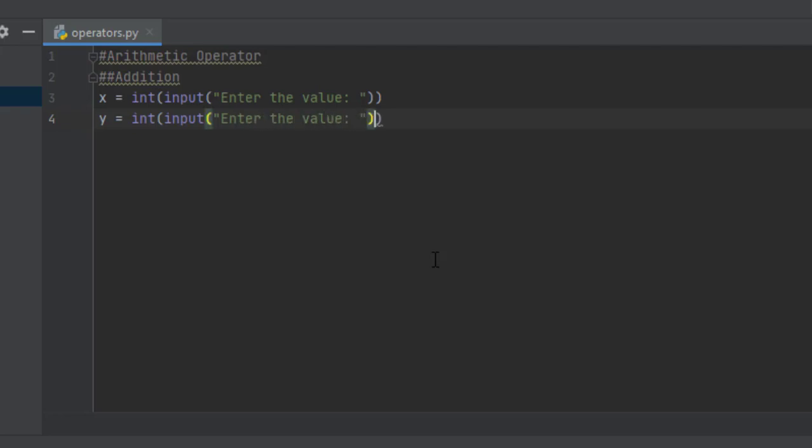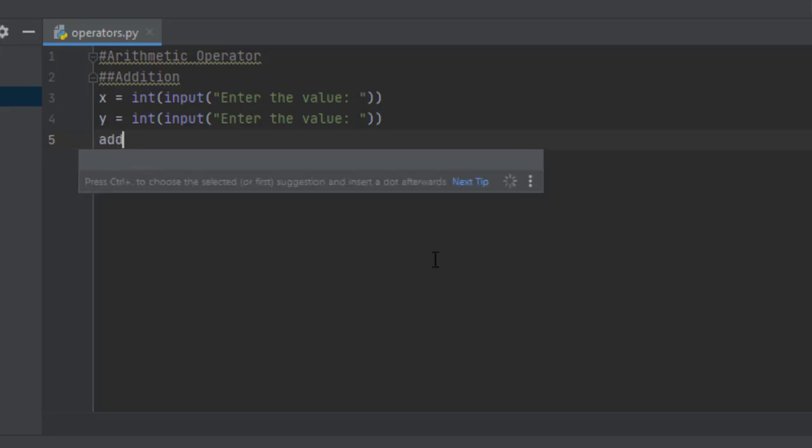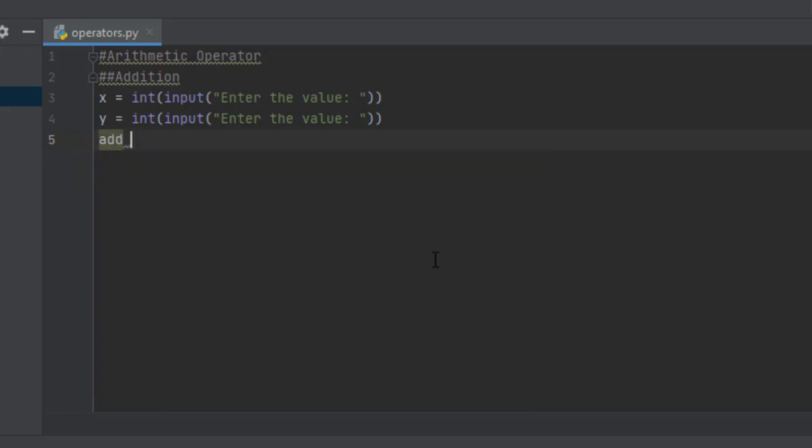So here we have x and y values, but we need a variable to just store the sum value of x and y. What should that be? I'll say add. In add, I am saving the x and the y values. Okay. Now x plus y, whatever we give the values, that is a quite different scenario. We'll check it out later.